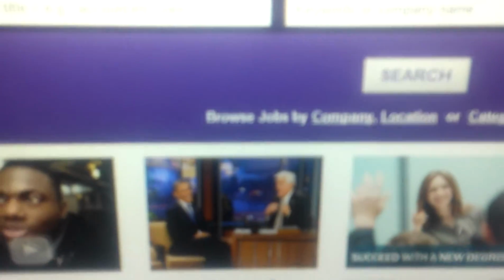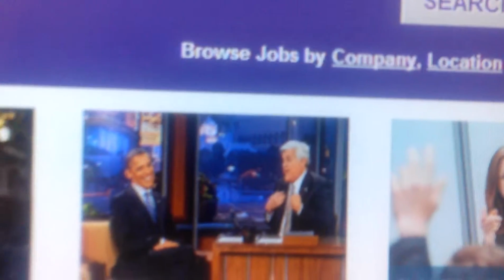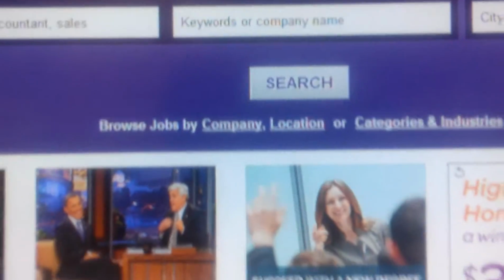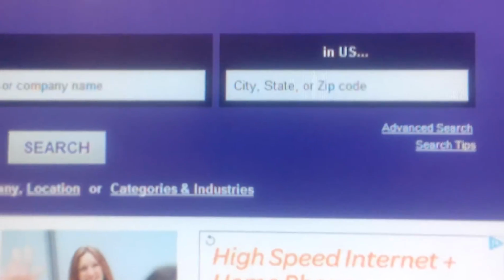So as you can see, it has browse. Oh, I guess you can't see that there. So that's the reason I use my TV. Browse jobs by company, location, categories, and industries. This part doesn't really matter. So pick yours, go to it. I'm going to do by company. So now this will pop up,